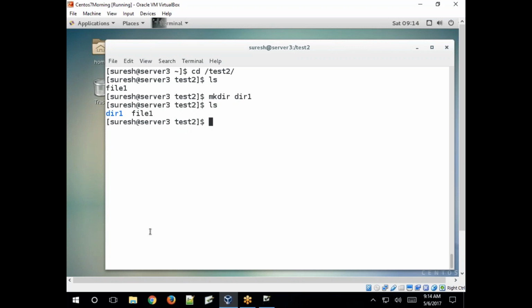Now the other user account has successfully created a directory called dir1. Now any user can create files because others are allowed to write. Others means users who do not belong to the group and are not the owner of the file or the directory.